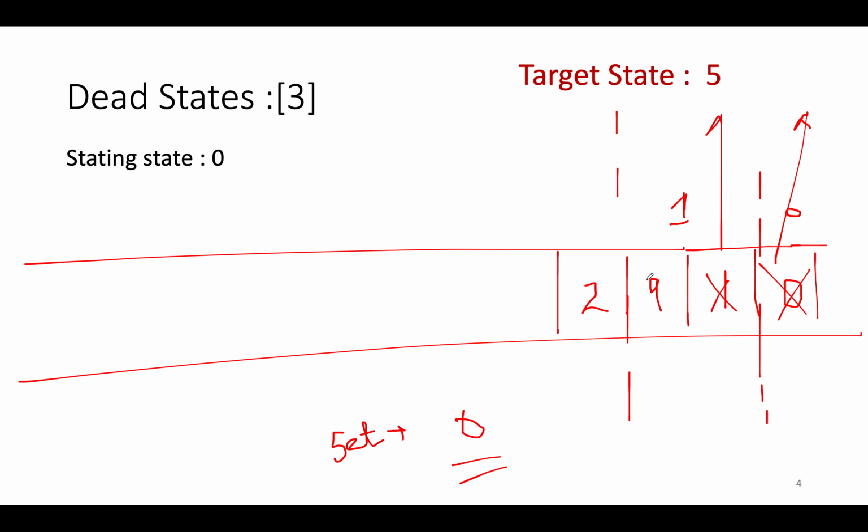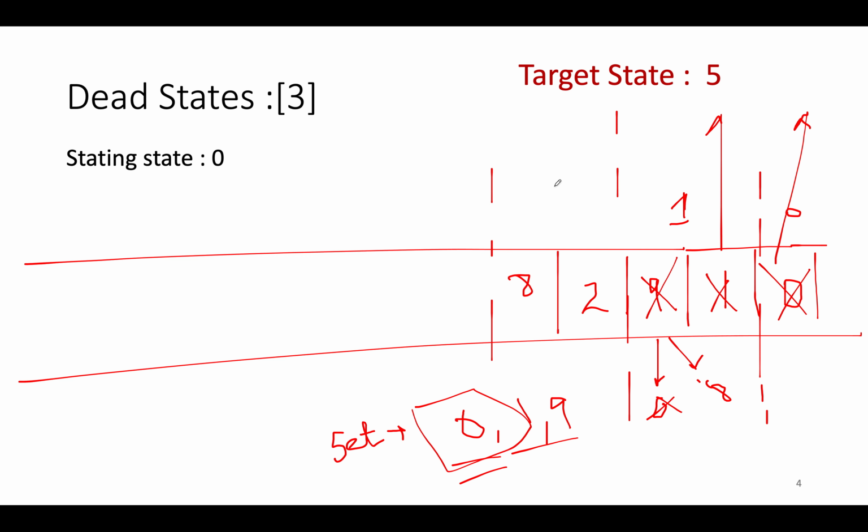Next, we'll pull out the next element from the queue, which is 9. We'll generate two states, one in clockwise direction and one in anti-clockwise direction. In clockwise direction it will be 0, and in anti-clockwise direction it will be 8. 0 is already part of the visited set, so you'll ignore it, and you'll add 8. Also, the visited set will have 1 and 9 added to it, and the next level becomes 2 here, and it has two elements in it again, 2 and 8.